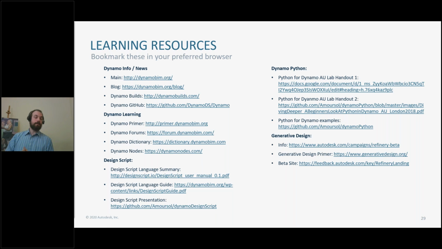Dynamo's GitHub is the source to go for all of the Dynamo development news. That's where the Dynamo development team's actively working. So if you do have any questions in terms of what's coming next, or you wanted to submit your own pull request to make Dynamo better on your own, you can do that on the GitHub. That's github.com/dynamods/dynamo. You can also, any issues you have with Dynamo in terms of the way the program is working, you can go there. To get started with learning Dynamo, you can go to the Dynamo Primer, primer.dynamobim.org, which has tons